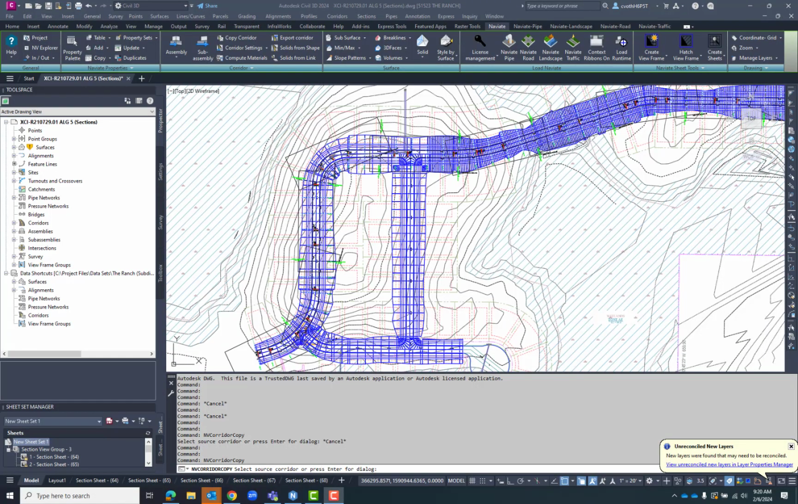Today I'd like to show you the Naviate copy corridor command. With the Naviate's copy corridor, you can also copy, merge, and split your corridors all within the same command. Simply by going up to the copy corridor in the Naviate main ribbon and selecting the corridor that you'd like,